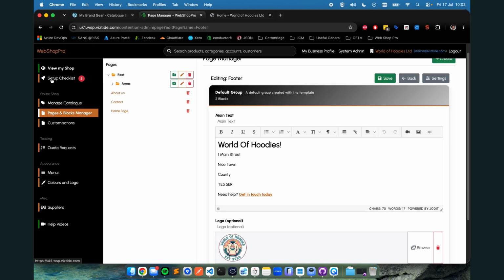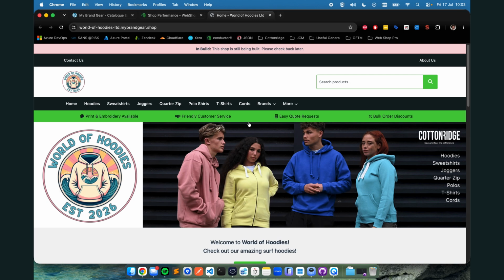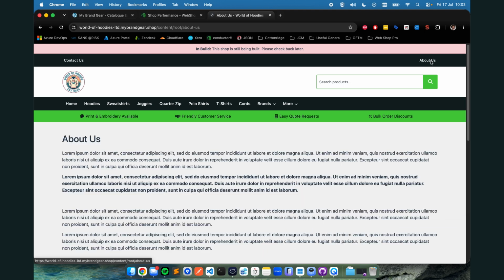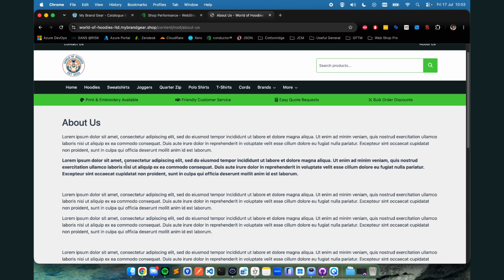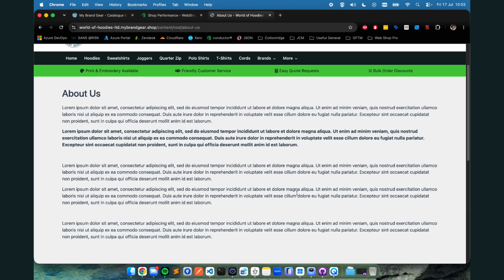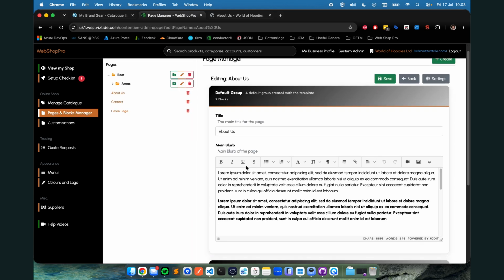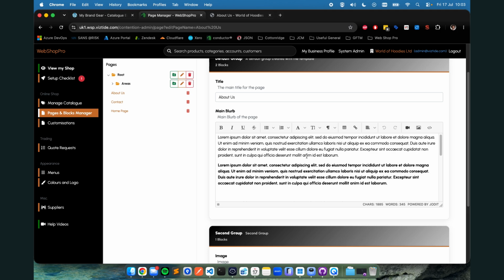So back to the checklist. We've just got one more to do, and that is the About Us page. So if we go back to our site, at the top of the screen there's a link here that says About Us. And this at the moment is just a page that's got some temporary text in that we need to fill out. So back here I'm going to click Open Step on the About Us page,